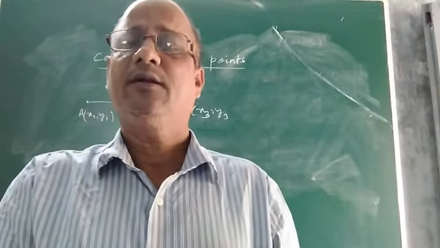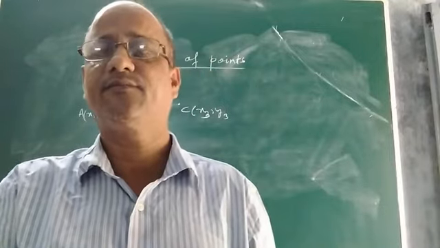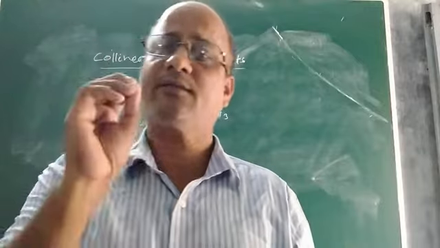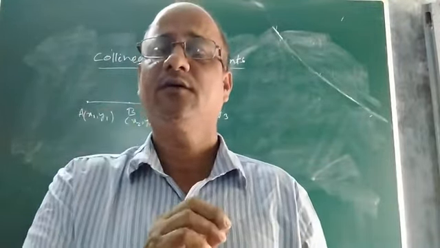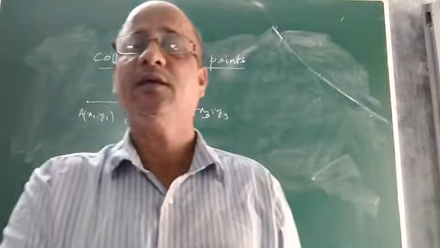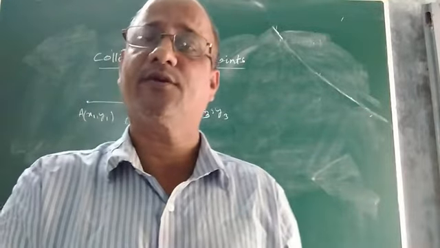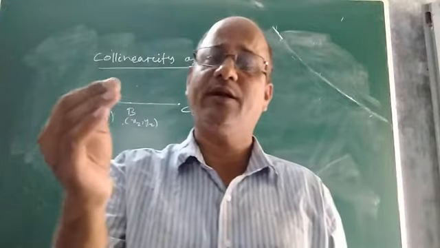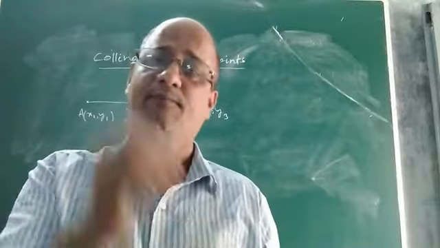So today let us discuss another important thing, that is collinearity of points. Children, collinear points are not at all a new thing for you. From class 6 you know what are collinear points, under what condition 3 or more than 3 points are said to be collinear. If somebody asks you, what do you mean by collinear points? What will be your answer? Your answer will be, 3 points or more than 3 points are said to be collinear if they lie on the same line in a plane.